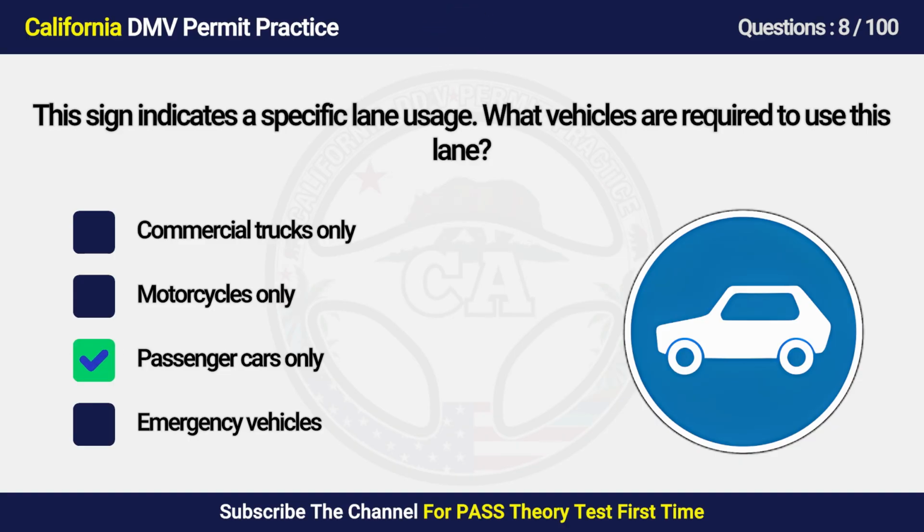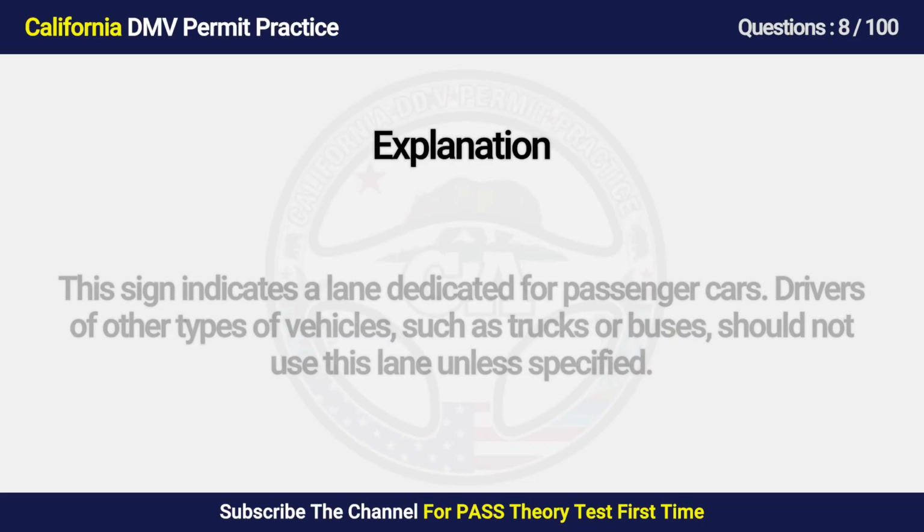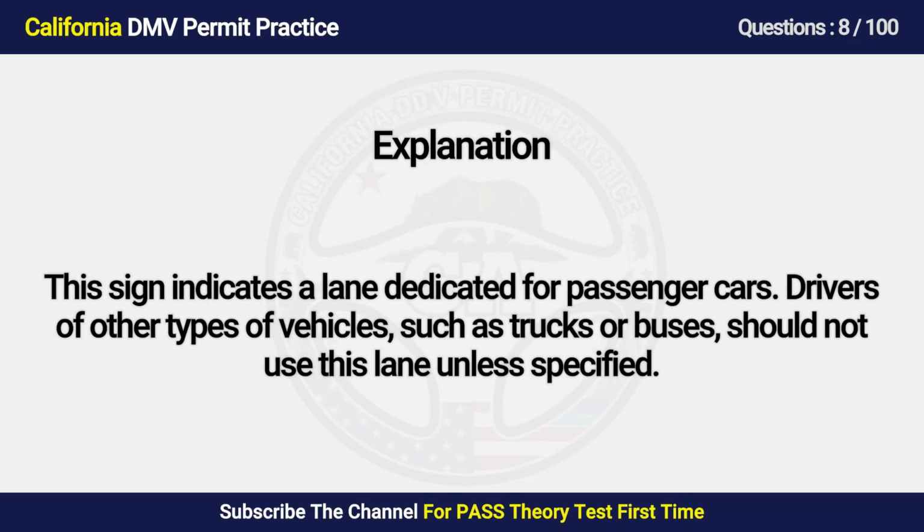Answer is C. Passenger cars only. This sign indicates a lane dedicated for passenger cars. Drivers of other types of vehicles, such as trucks or buses, should not use this lane unless